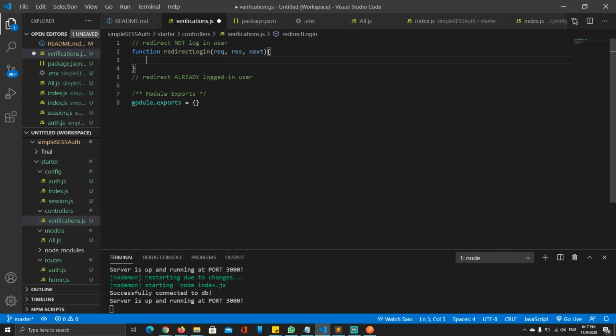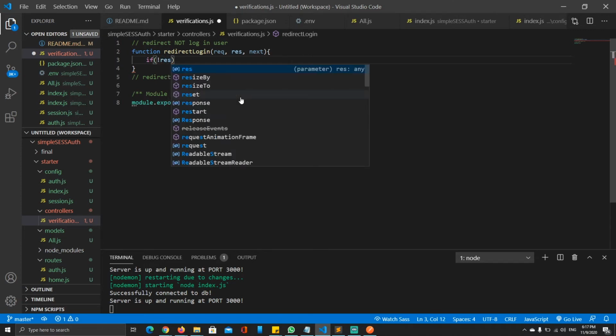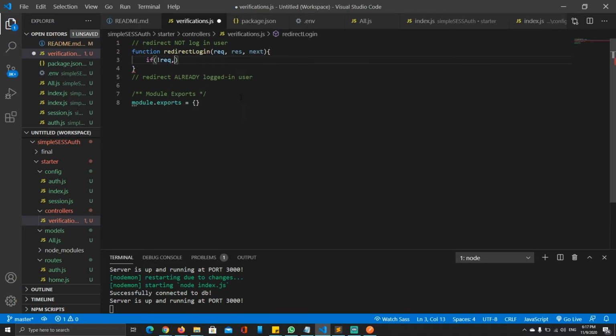So inside here, we're going to check if the user doesn't have a session, request.session.user ID. We're going to check whether they have a session request ID. So if they don't,